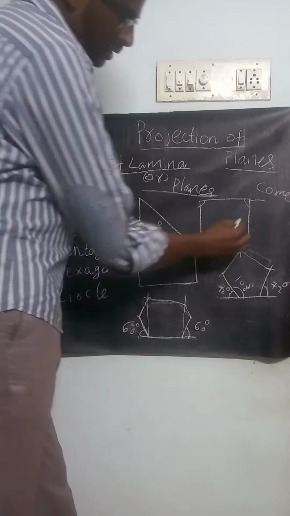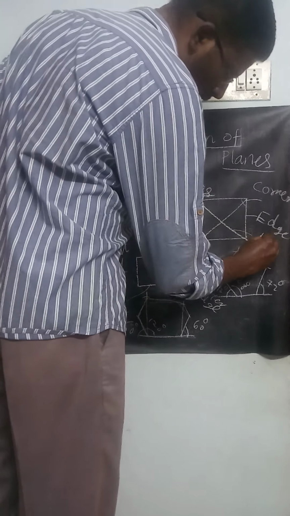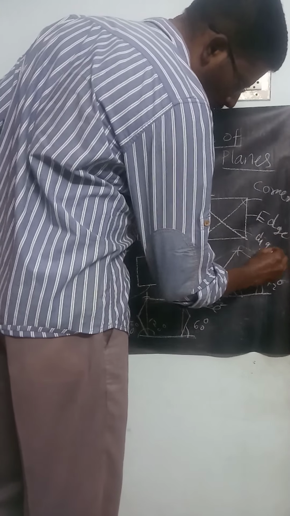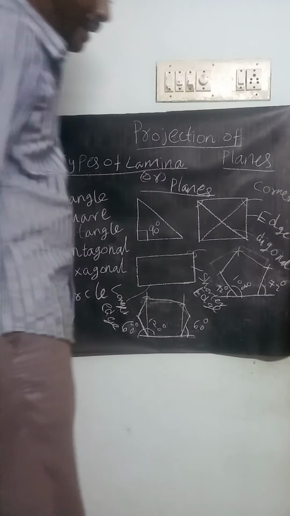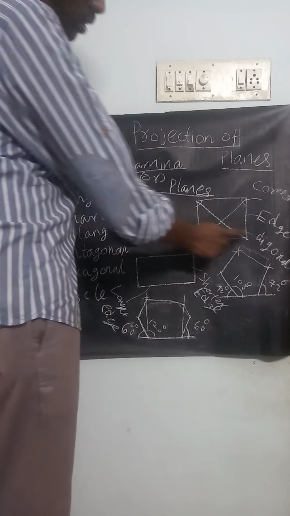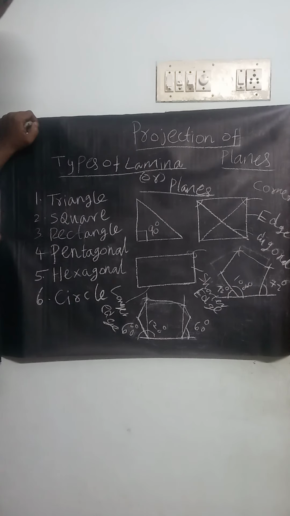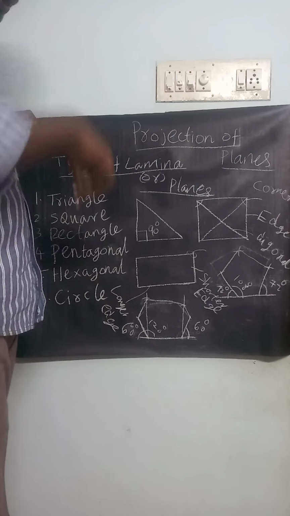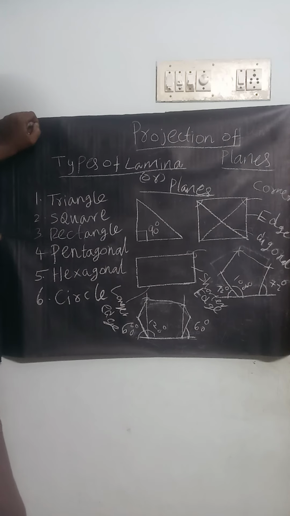And the next one, for example, I already told you there is a corner, edge, and a shorter edge or a longer edge. Okay, and the next, for example, given diagonal. So, what is a diagonal? The two corners joined by a line, inclined. Two corners join the inclined line. This is called a diagonal. Okay. Two corners join the lines. This is called a diagonal.